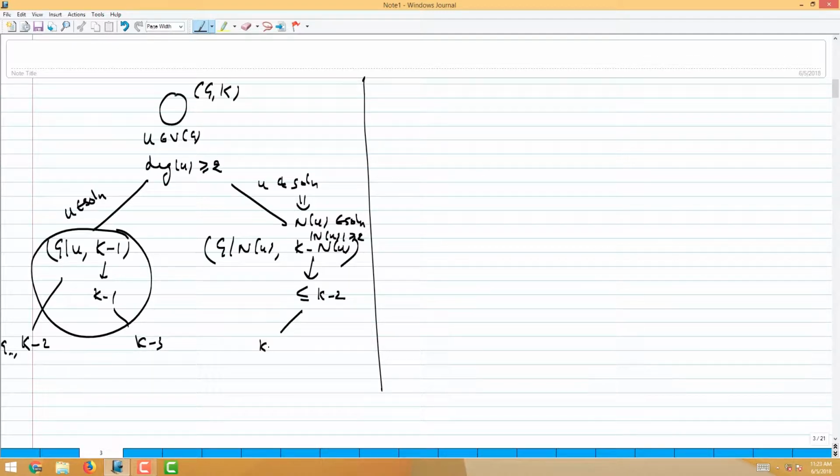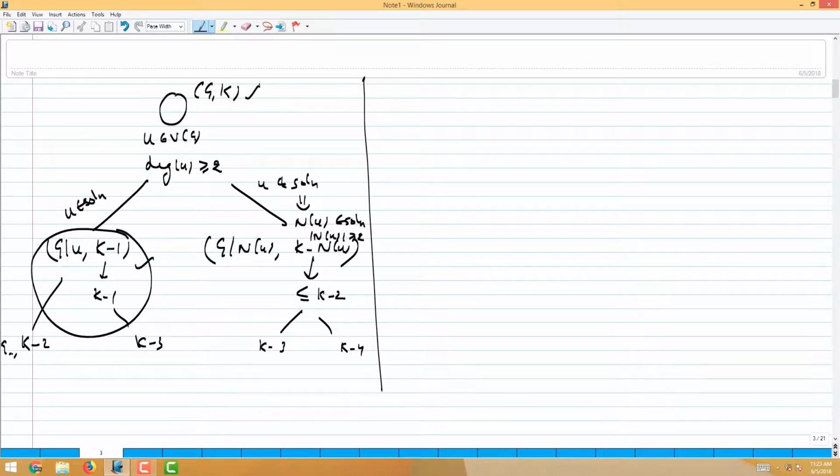So the point is, I will not get a complete binary tree on k vertices here. So definitely the number of nodes in such a branching tree will be less than 2^k. But we have to see how much it is to get a perfect bound. We'll compute the total number of nodes in this tree. But before that,